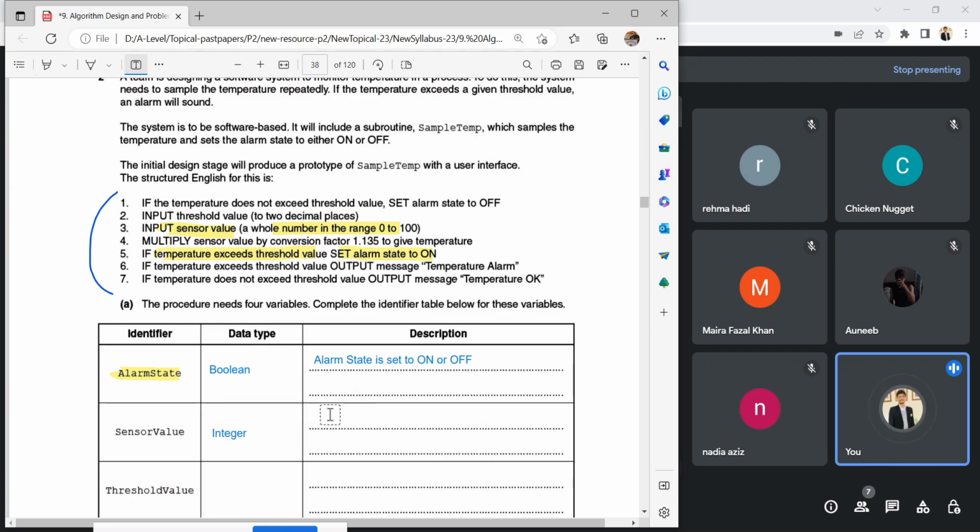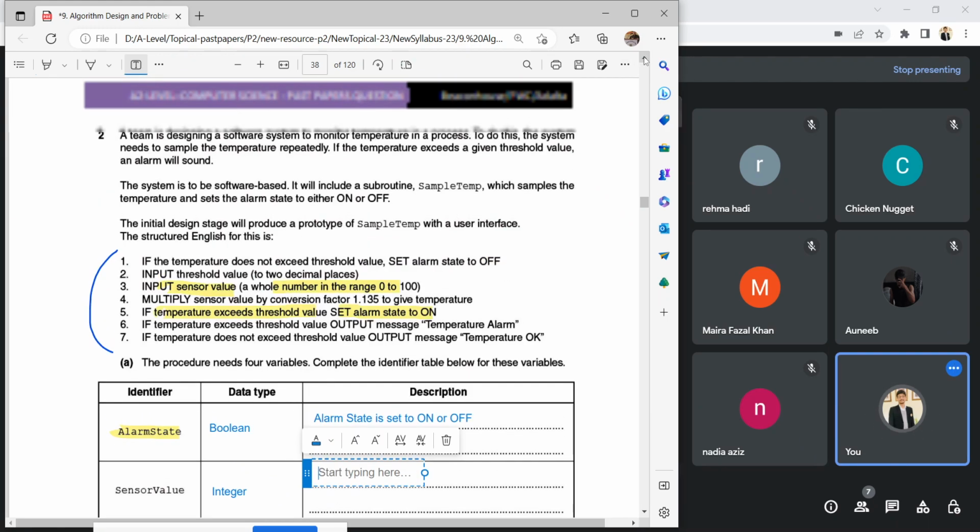So for the justification, you can read it from here. Sensor value, you can see that it's written here. This is the value read by the sensor